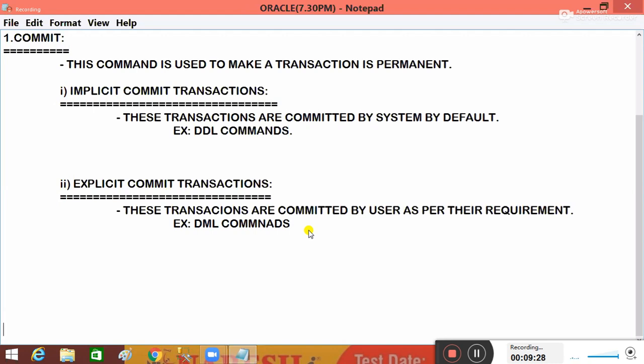So that's why, by default, DML operations are not committed. When the user performs these operations, the user himself wants to commit them as per user requirement, because in DML commands your system will not interfere. DDL commands are taken over by the system, but DML commands are completely handed over to the user, and the user has to manage these commands on your table data. For example,